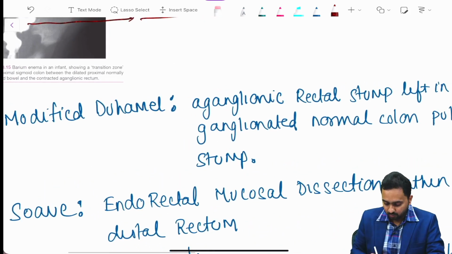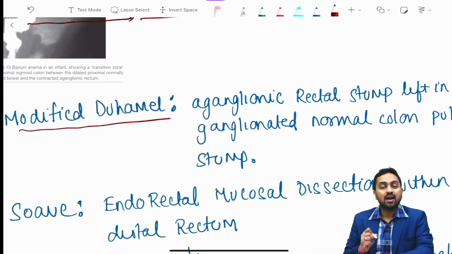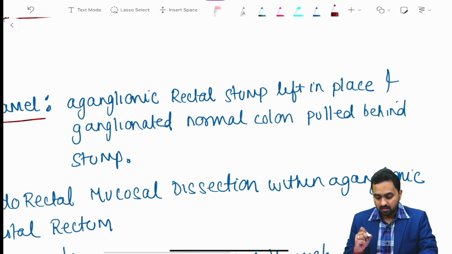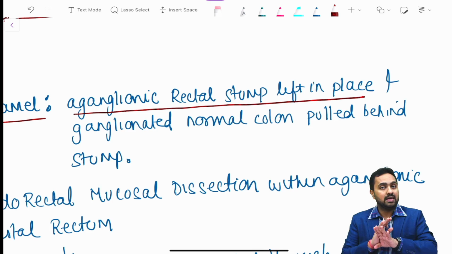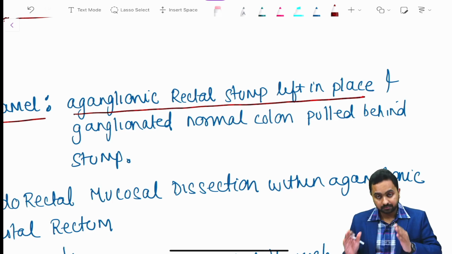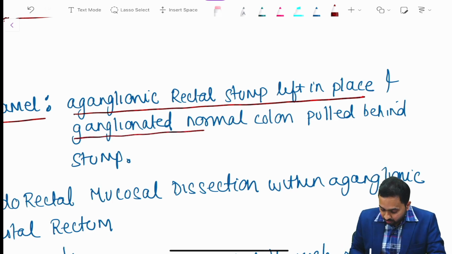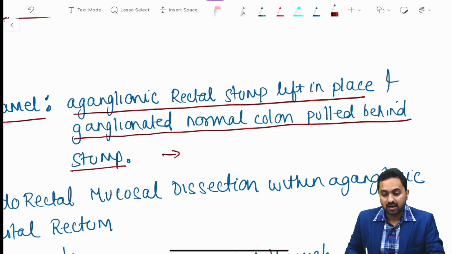First, we have the modified Duhamel procedure. What happens in the modified Duhamel procedure? An aganglionic rectal stump is left in place. That means we do not do anything to that aganglionic rectal stump. Rather, the ganglionic normal colon is pulled behind the stump and a coloanal